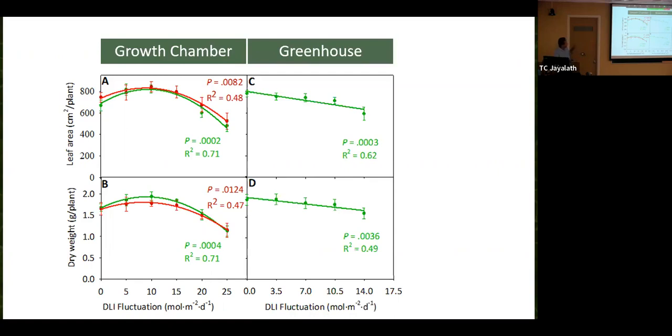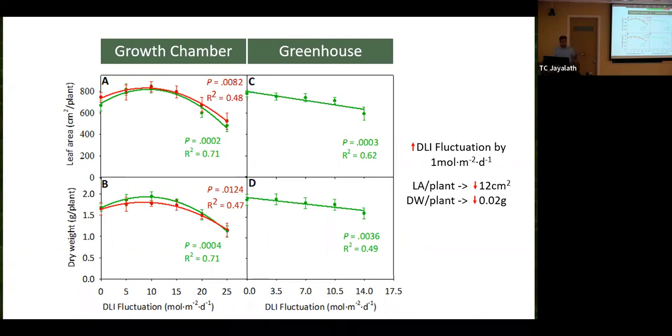And when you're looking at the greenhouse study, we saw a slight reduction of leaf area and dry weight over time, increasing with increasing DLI fluctuation. But when you're looking at how much leaf area and dry weight reduce with increasing DLI by 1 mole, leaf area reduced by 12 square centimeters, which is a very small amount for lettuce with multiple leaves. And then dry weight only reduced by 0.02 grams for increasing of DLI fluctuation by 1 mole,